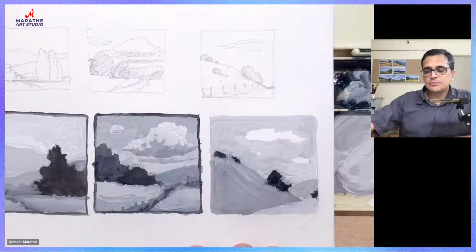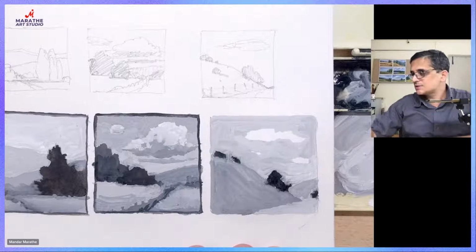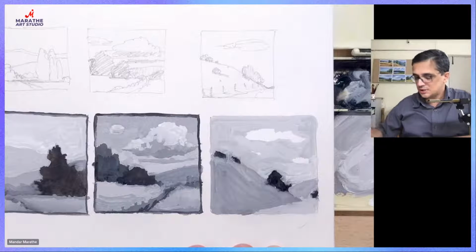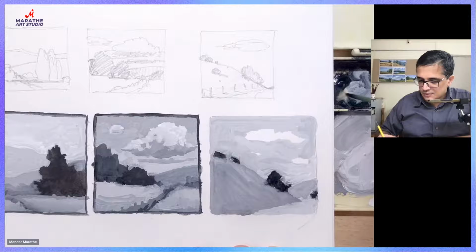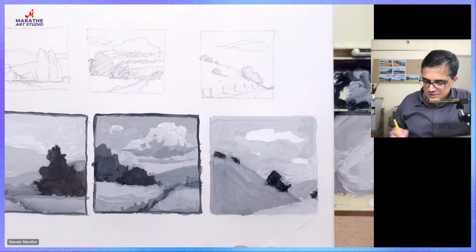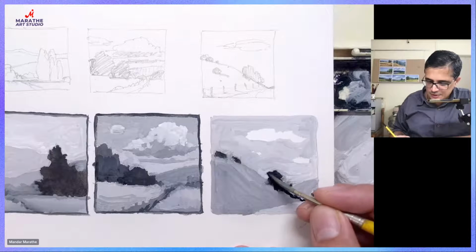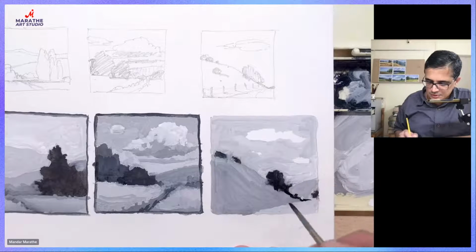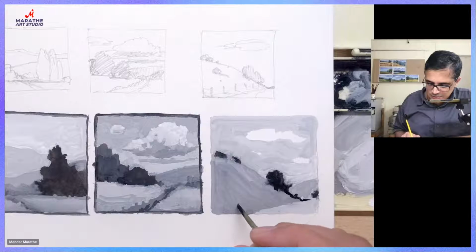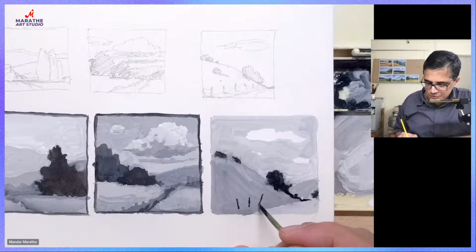And now it's time to put in the details. Generally, I don't put in the details in the value sketch, but without these details, this value sketch may not be complete. That's why I need to put in the details. So there are this bunch of fence posts,